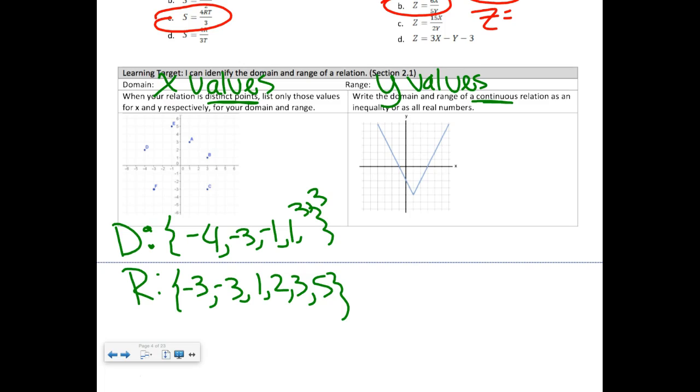So if I have a graph that's going out and on forever, what does that mean? Our domain is something like infinite. All real numbers. Yep, so our domain is all real numbers. And then our y's are not going to be all real numbers because they have a point that they